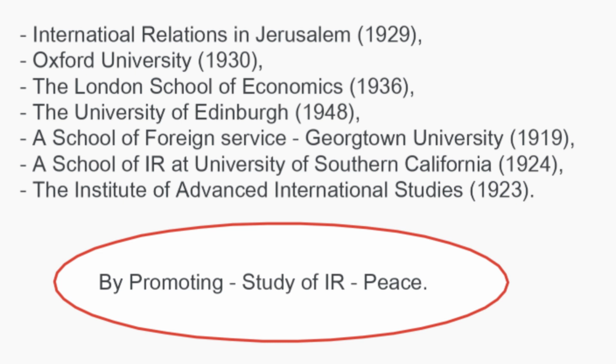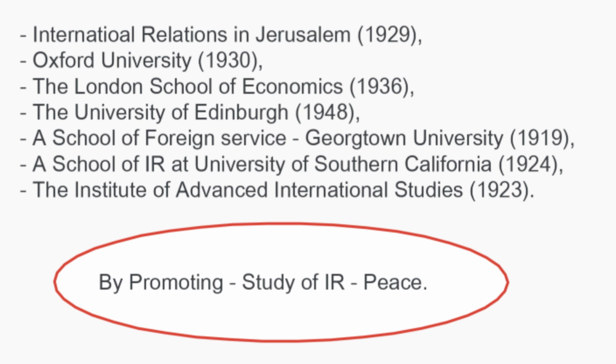So वुड्रो विल्सन चेयर ऑफ इंटरनेशनल पॉलिटिक्स जो यूनिवर्सिटी कॉलेज ऑफ वेल्स में लगाया गया था 1919 में, उसके बाद बहुत से सारे यूनिवर्सिटीज़ और कॉलेजेस ने आगे आकर आईआर के बारे में पढ़ाना शुरू किया। तो उसके बाद आता है इंटरनेशनल रिलेशन जो जेरूसलम में शुरू किया 1929 में, ऑक्सफोर्ड यूनिवर्सिटीज़ में शुरू हो गया 1930s में, द लंदन स्कूल ऑफ इकोनॉमिक्स में 1936 में चेयर को स्थापित किया गया। उसके बाद यूनिवर्सिटी ऑफ एडिनबर्ग 1948 में एस्टैब्लिश किया गया। एट द सेम टाइम इन यूनाइटेड स्टेट्स और स्कूल ऑफ फॉरेन सर्विसेज एट जॉर्जटाउन यूनिवर्सिटी 1919 में उसको स्थापित किया। उसके बाद स्कूल ऑफ आईआर एट यूनिवर्सिटी ऑफ सदर्न कैलिफोर्निया 1924 में शुरू किया,